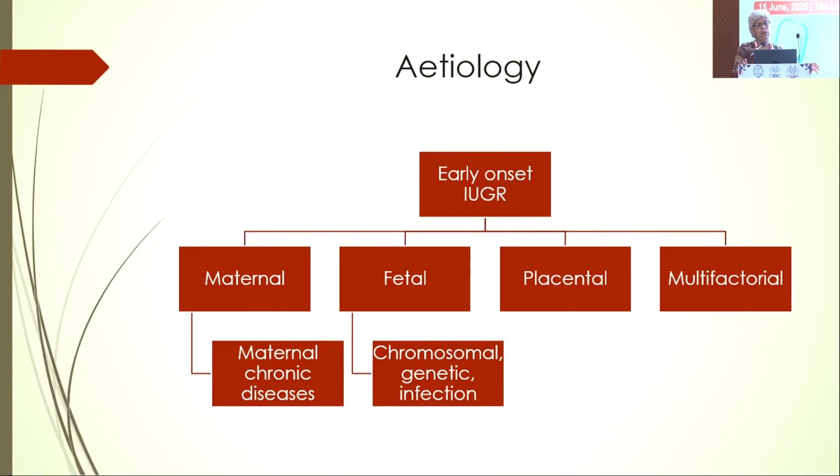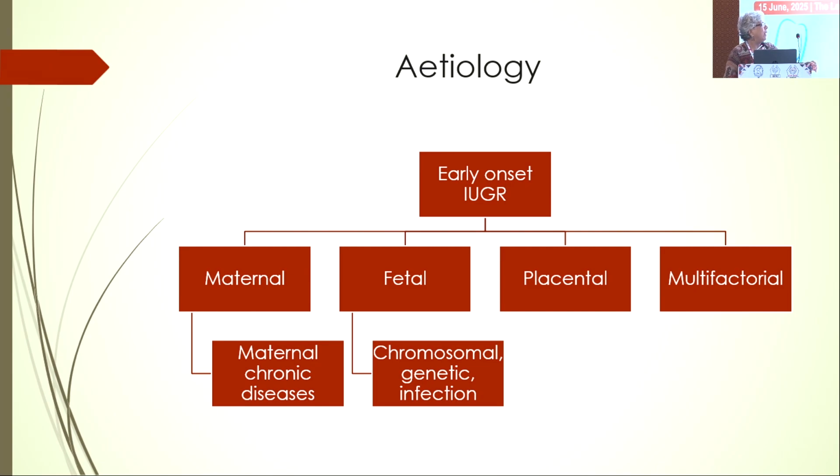So etiology, if we talk about the early onset, it has varied etiology. There are maternal causes, fetal causes, placental, and multifactorial. Maternal causes, we all know as obstetricians, chronic maternal illnesses like hypertension, diabetes with vasculitis, chronic renal diseases, connective tissue disorder, are commonly associated with growth restriction. In fetal causes, they can be chromosomal, genetic, infection like rubella, or TORCH like toxoplasma, CMV infection, and placental causes